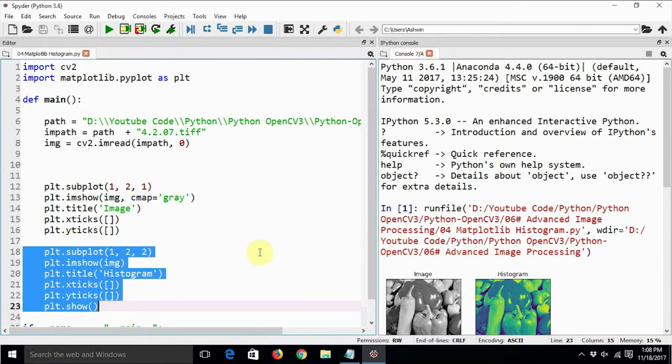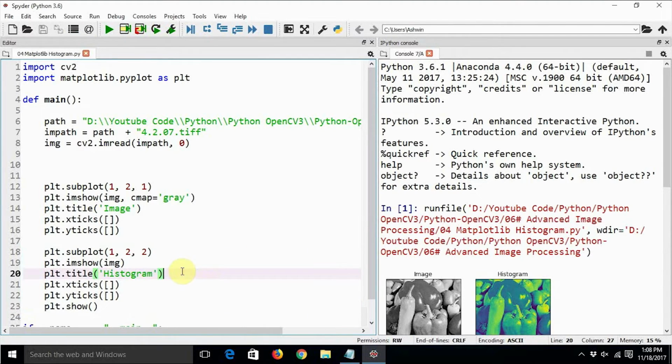Okay, so in order to calculate the histogram, there is a function in matplotlib. That function is known as hist. I told you already that we cannot calculate the histogram of an image as it is, because we need to flatten that image.